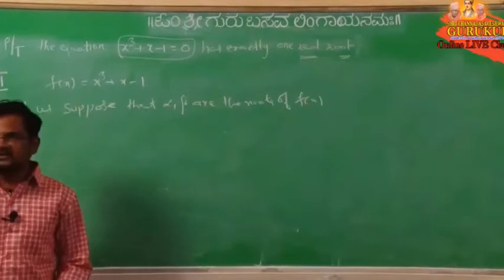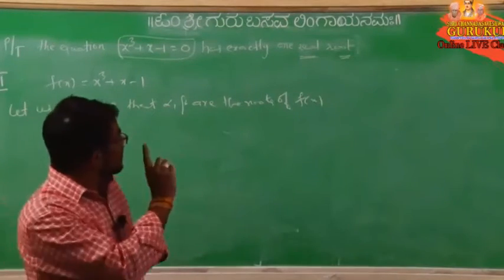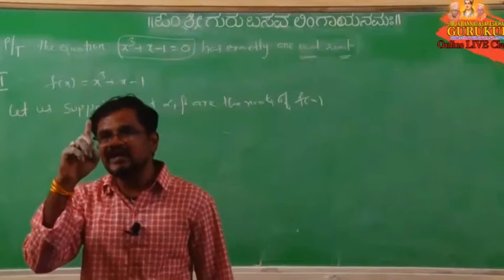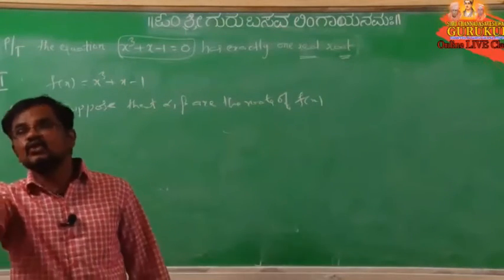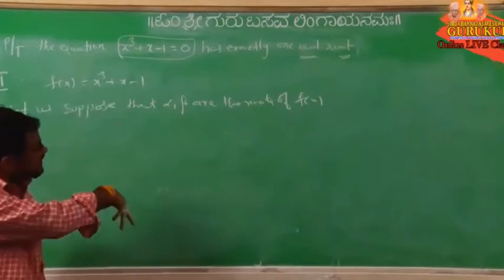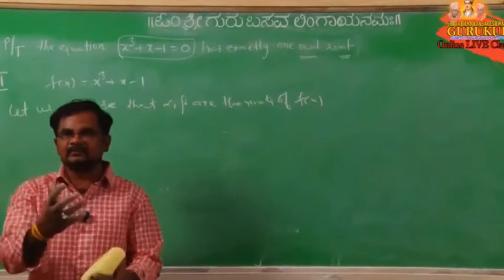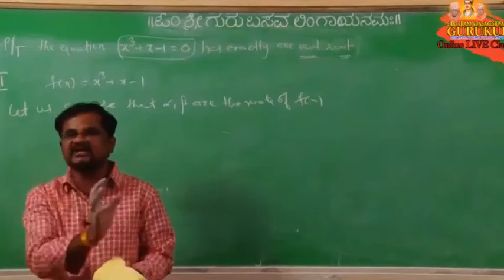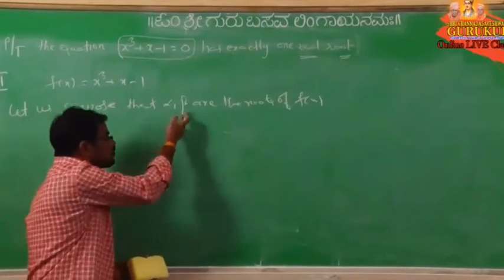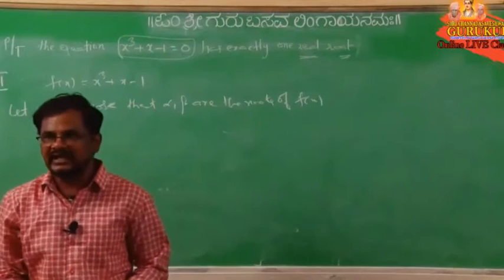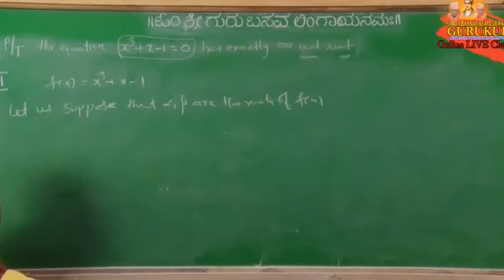We have to show the given polynomial equation has only one real root. For that, I am taking two roots. By simplification, if we get any contradiction, by that contradiction we can say that the given polynomial is not having two roots, it has only one root. Like that we have to identify. That is only the contradiction method.